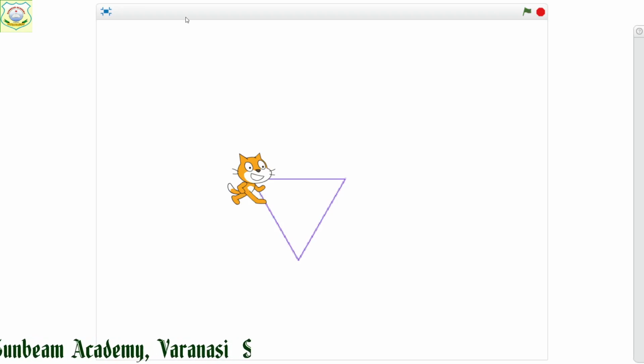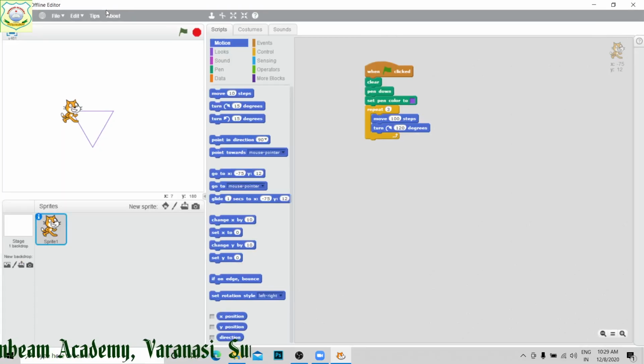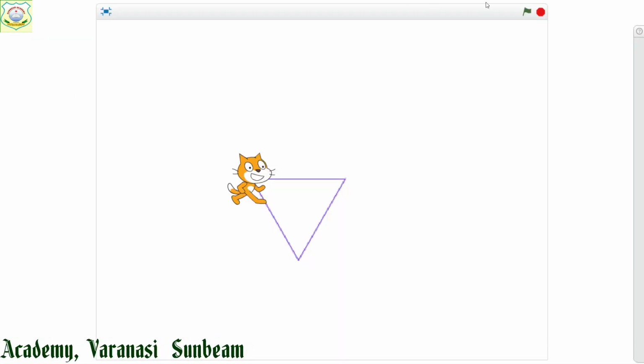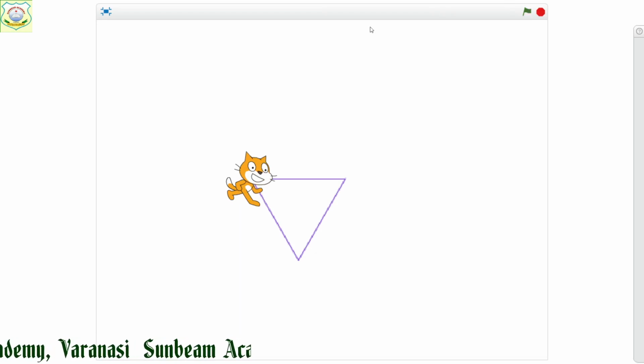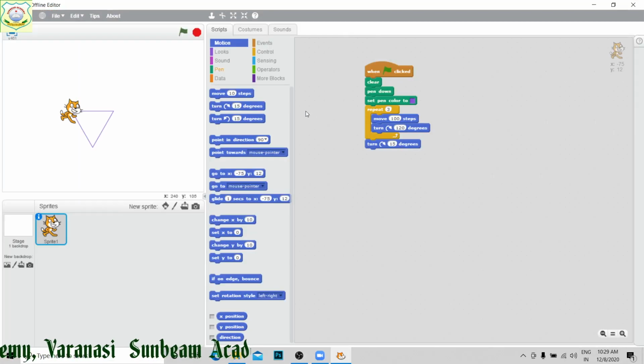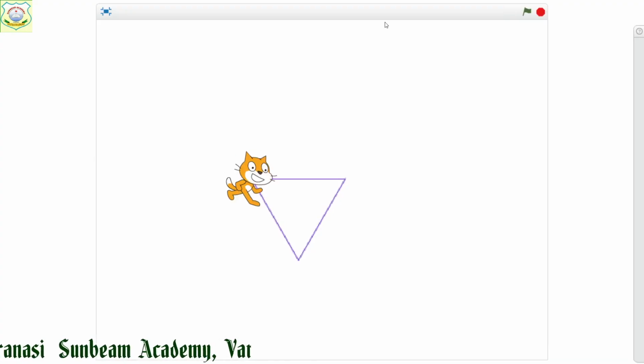Now I am going to move it a little bit, suppose I turn it by 15 degrees. Now see what will happen. The turtle will turn 15 degrees, right? Now after this 15 degrees, what to do? This repetition is not for 3 times, suppose I have given it for 30 times. Now run the program.